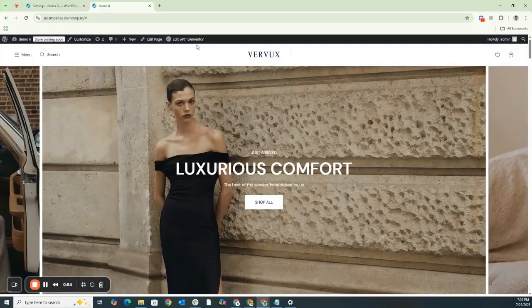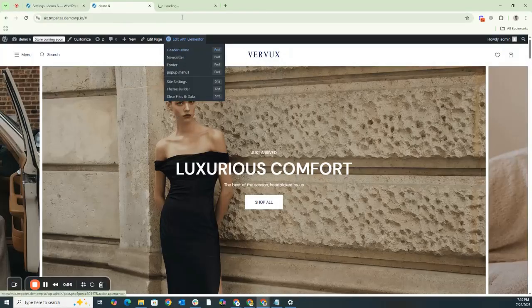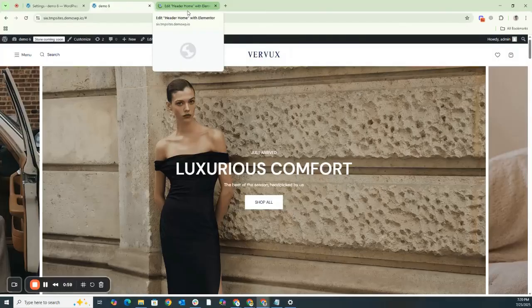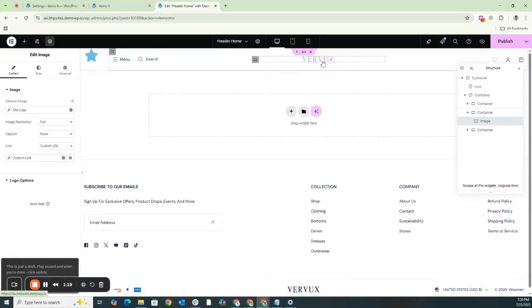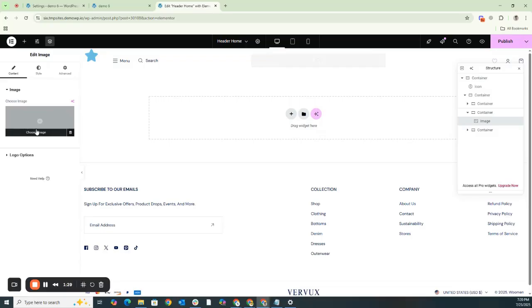Now this is basically set in the header. If we edit the header with Elementor, we'll see how the logo that's showing here is being fetched and made visible in this spot. How is it being fetched? If we want to fetch it somewhere else, how can we do that? If you come to the header section and hover over the logo, you can see that we've just placed an image tag. In the image tag, we've chosen the site logo. If we remove this, you can see it's just an image tag.